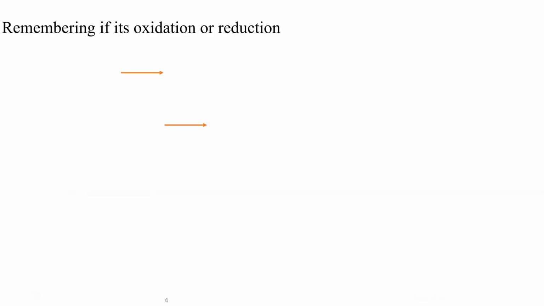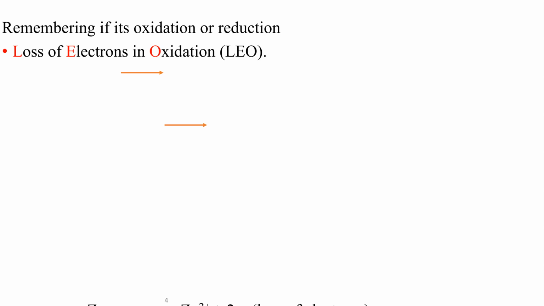So how do you remember if it's oxidation or reduction? Well, there's some mnemonics you can use to help figure this out. First off, loss of electrons is oxidation, LEO. So like Leo the lion. So anytime you lose electrons, it's oxidation. How do you know you're losing electrons? It's on the product side. So anytime you see electrons on a product side, that's a loss of electrons, and it is always going to